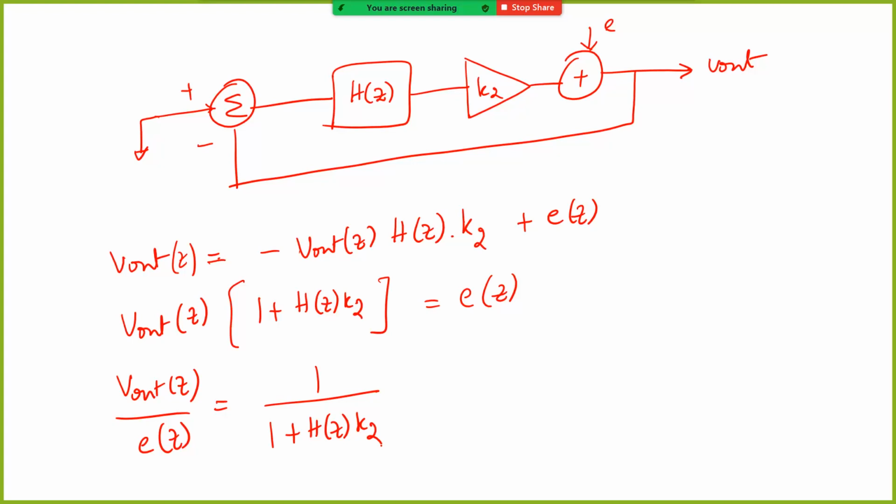Let me just say number 1. How is our noise transfer function related to this H of Z? Let's say, for example, the order is 3. What is my NTF? 1 minus Z inverse the whole cube. Now, how can I write my